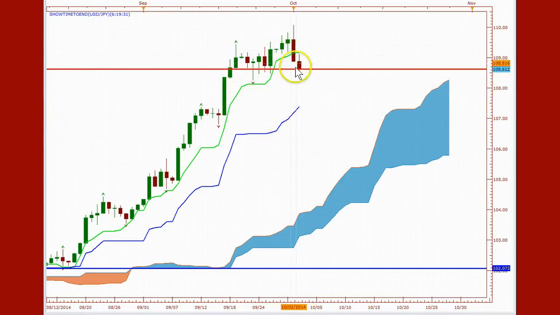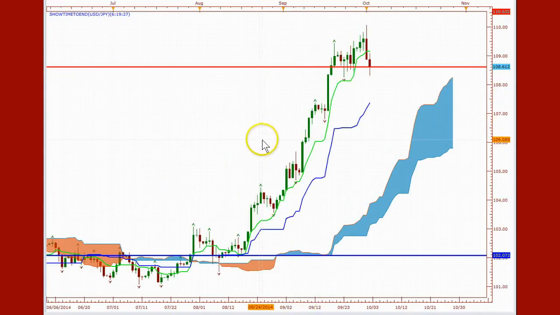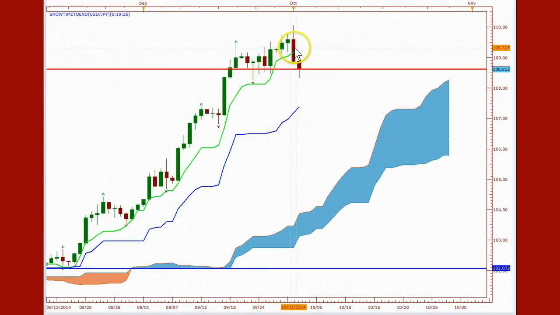You have your Kijun-sen and your Tenkan-sen very far apart from each other. You'll never really see them far apart on the chart like that. When they're really far apart, they start to try to come back together, same thing as price. So just like price, they're going to pull back together with each other. So what I'm looking for here is we break this level and we close below,